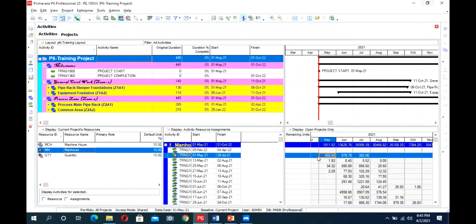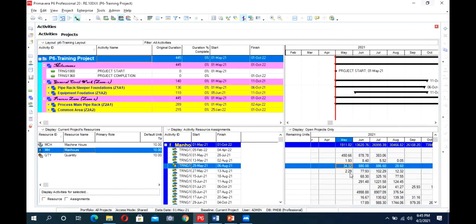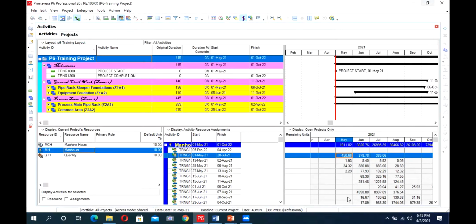So this is a way in which you can do it from P6. The other way is a manual way. If you have this activity exceeding your maximum limit, that you have a limit in your project that you cannot have a manpower of more than 100 for a month, what can you do?